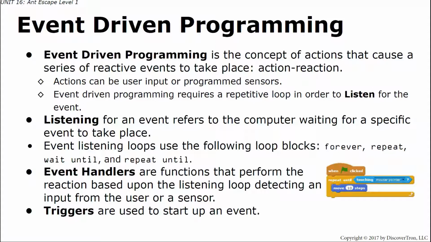And when the player hit the trigger, it would cause the ant to move across the screen. Okay? And this brings up a point: event-driven programming requires a repetitive loop in order to listen for the events. So that ant that had the trigger associated with it was listening for an event to